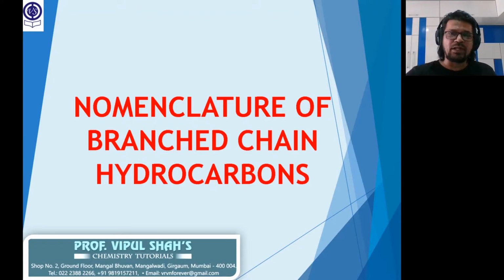So for such branch chain isomerisms, we have a different nomenclature for these different isomers. How do you name it if I have a branch which has a branch again? Then how do I name it in the IUPAC system? We don't have any common names as such, but only the IUPAC name. So there's a proper nomenclature. Let's understand this.